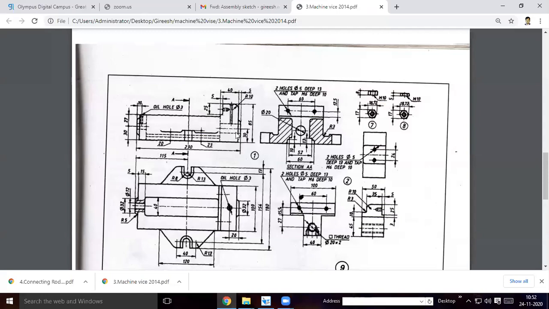Here you see the hidden line is given, right? This is a hole. What is the diameter of this hole? In the side view it is mentioned. If you see from the side view, the diameter will be 20. So before cutting the 20 hole, I created this. Why? Because this side you have a 20 hole and this side you have a 12 hole. So both are different, 20 and 12. That's why I created this separately. So I will do it later.